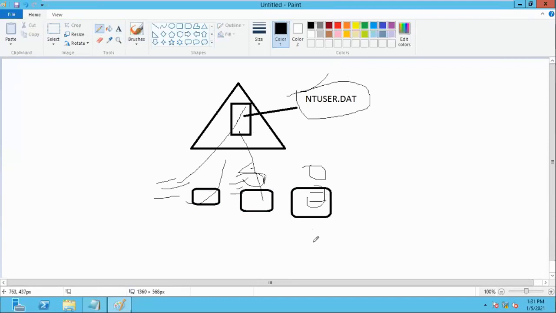So when you log in from this system, the server checks, oh, this user is logging in from here, so I need to download all the information to this system. Next day, the user logs in here, so the server says, oh, this user logged in here, so I need to download all the information here.